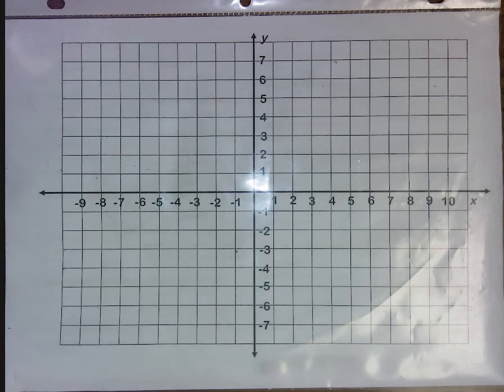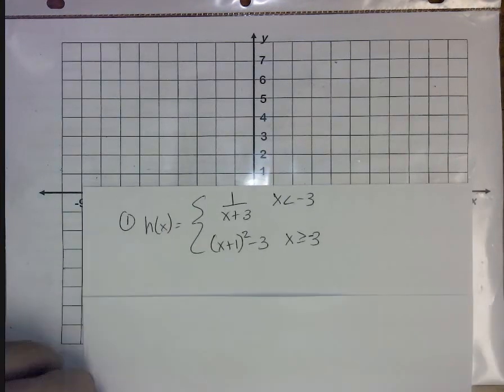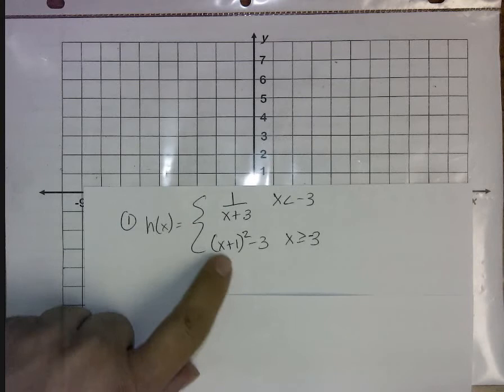Okay, so in this video, I'm going to go over 3 examples of piecewise functions where you're using the 12 basic functions and just translations of those 12 basic functions. So the first one that I'll be doing is h of x is equal to 1 over x plus 3